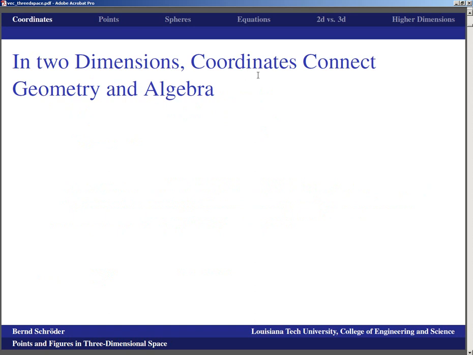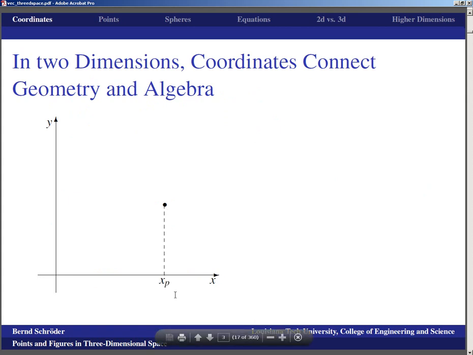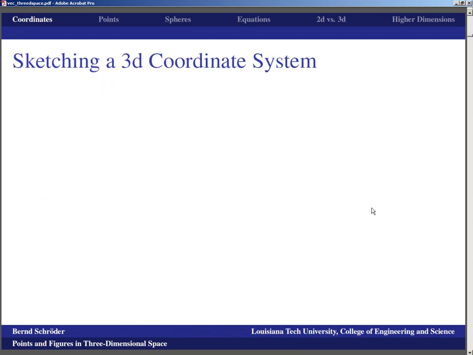In 2 dimensions, we have coordinates that connect geometry and algebra. That's the old, very familiar situation that if we have an xy coordinate system and we have a point in that coordinate system, then if we project that point straight down, that gives us the x-coordinate of the point. If we project the point across, we get the y-coordinate of the point, and the point itself is then described by the ordered pair (xp, yp). Well, we can do the same thing in 3 dimensions,